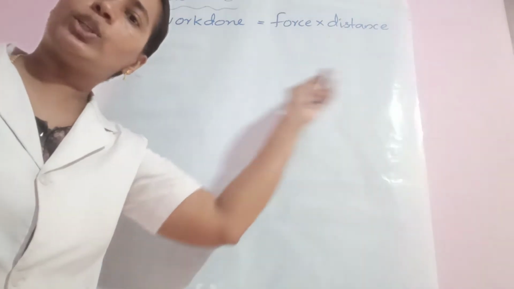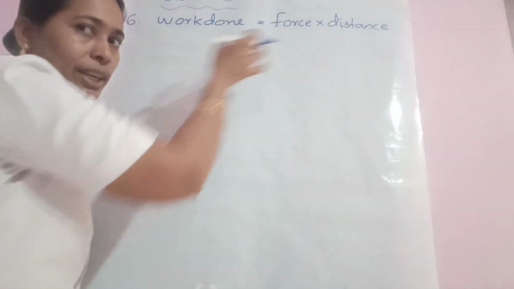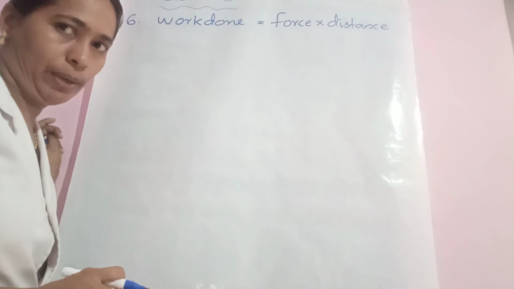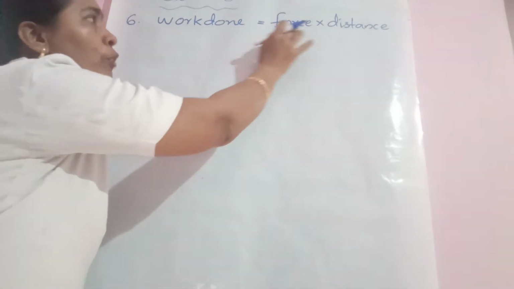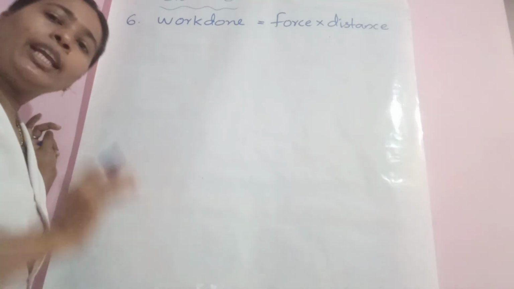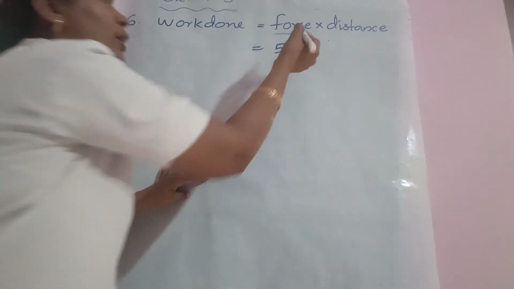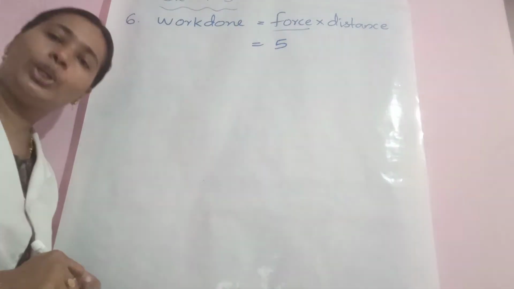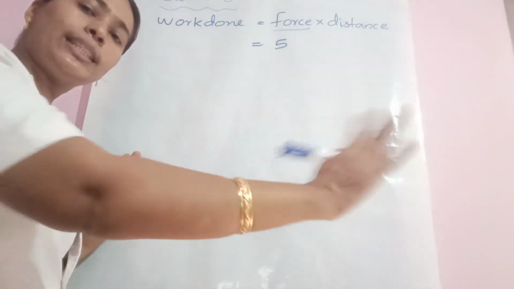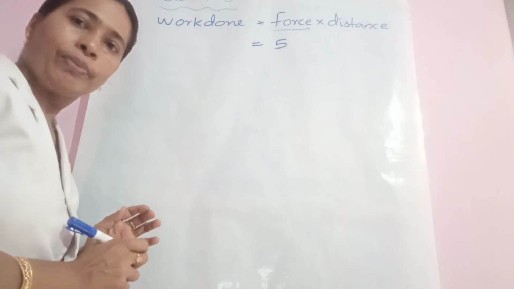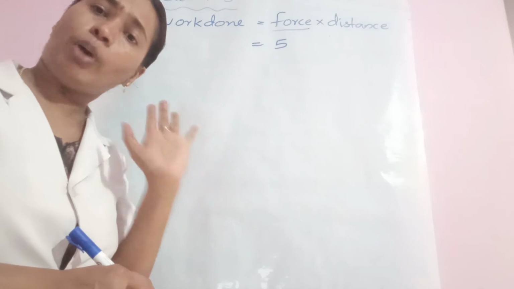Actually, you have studied this in physics, isn't it? So we needn't go through this one. We can convert them into an algebraic statement. According to the algebraic statement, work done is equal to force into distance. But in the question, they already told you this force is a constant number and it is equal to 5. They already given to you that force is always constant. Only the distance travelled and work done by the body change. So we can keep force as 5 itself because it is given in the question as a constant number.